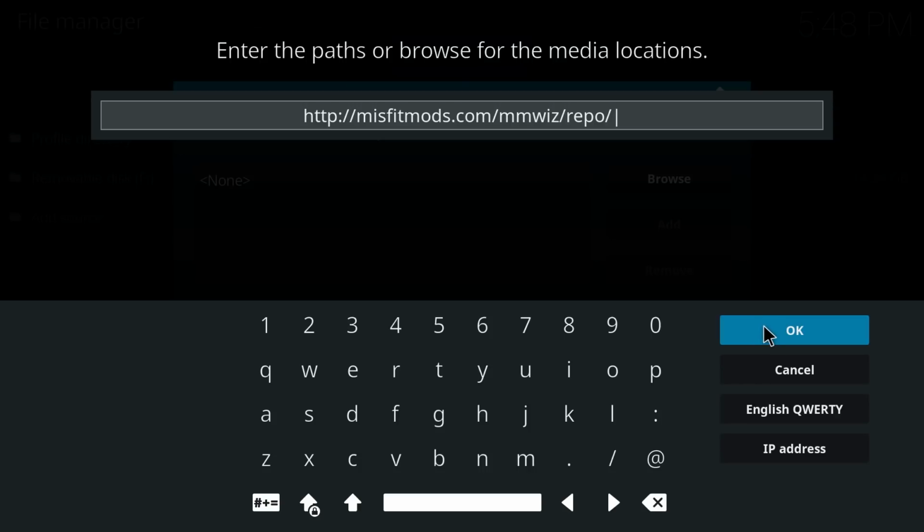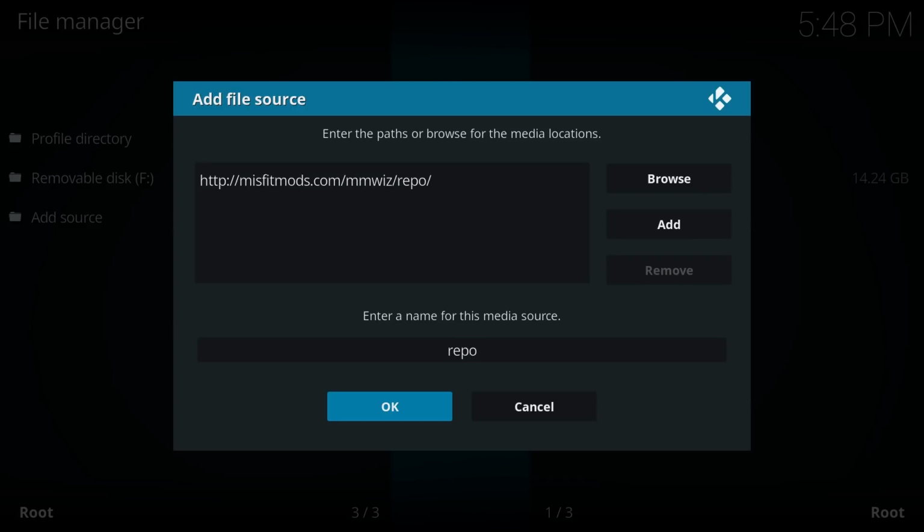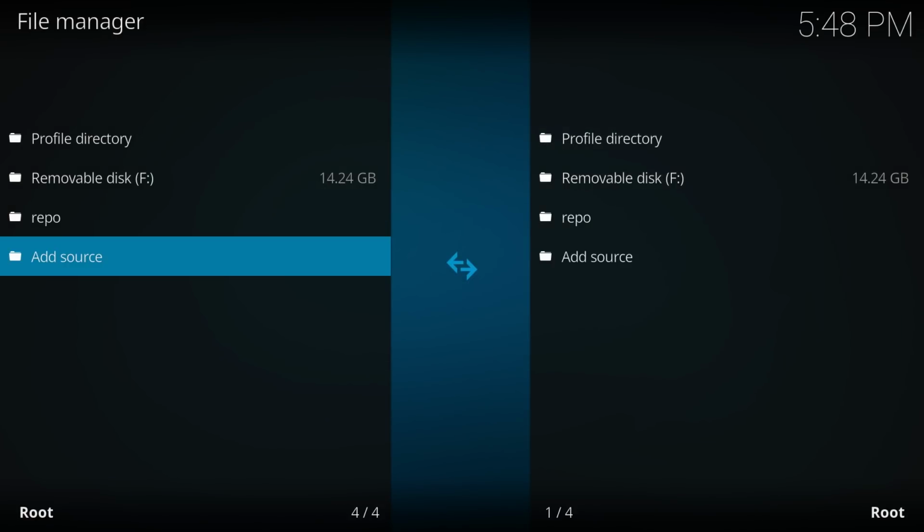You'll be able to get it from down in the description. So once you do that, you can go ahead and click on OK. Then you can name the repo. We're just going to leave it as the default repo. You can change it to whatever you want. It's just easier for me just to leave it as repo. So once you do that, you can click on OK. Then we're going to go back,